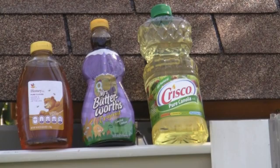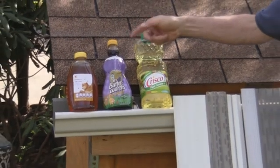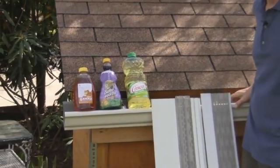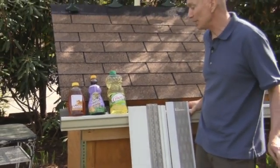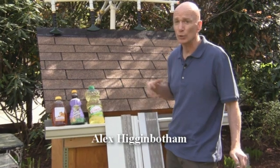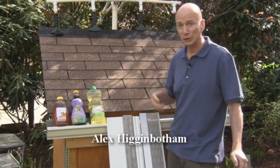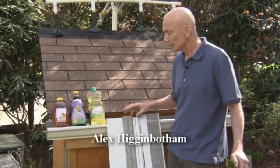Well, there's something you don't see every day getting in your gutter. Crisco oil, Mrs. Butterworth's pancake syrup, and some honey. The reason those are sitting up there is, in 1999-2000, when I was really first discovering self-cleaning micromesh properties and trying to bring that to market, I knew